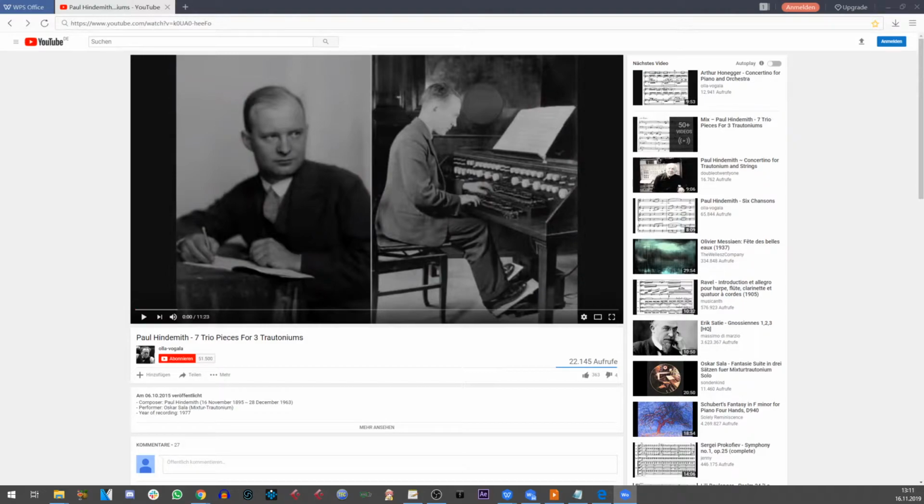So yeah, these were the first pieces written for the Trautonium, and I guess you can see them as etudes, meaning they are there to show off what the instrument can do. I'm going to pause every now and then to talk about what each piece in particular showed off, which was interesting.